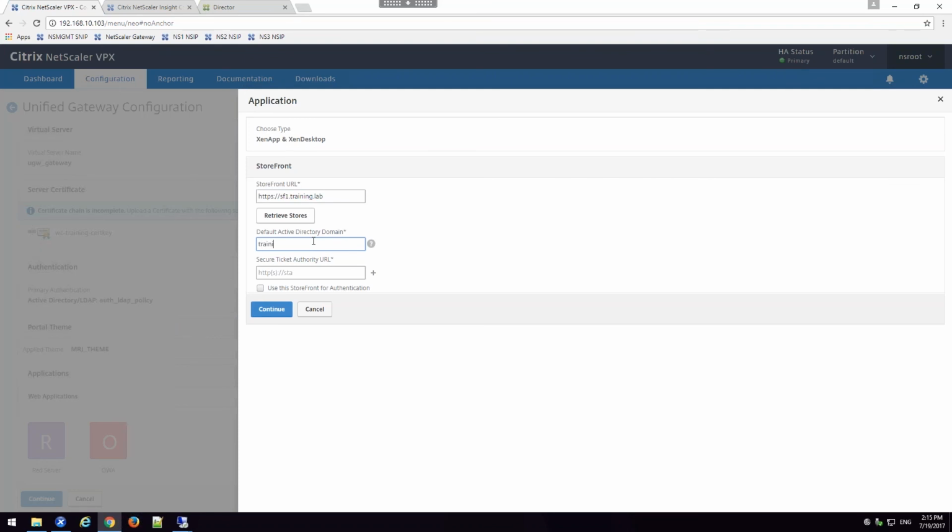Here's the settings for it, or the policies for it. Here's the settings to go in and make it happen. And it ties all that together so that the user comes in, they should be able to get access to XenApp and XenDesktop through the unified gateway. Okay? And so now when a user comes in,